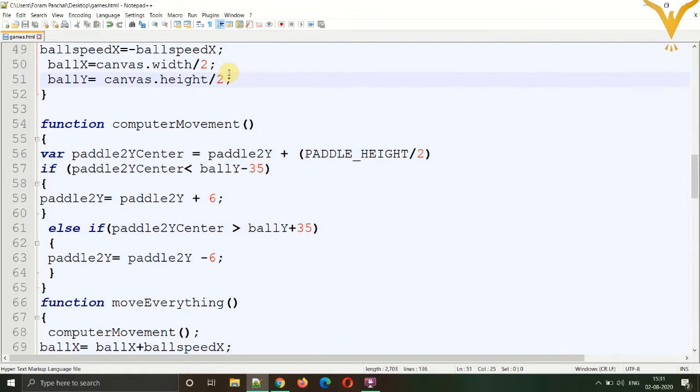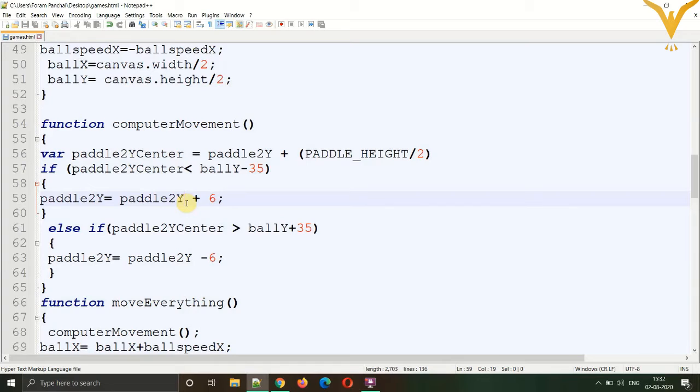Okay, so now in the expressions what we can do is, if at all we make a mistake in these two variables, the variable at the right and the variable at the left, if we by chance make a mistake, like we write paddle 1 over here and paddle 2 over here, so what happens is it will cause an error. So for that we have a shorthand